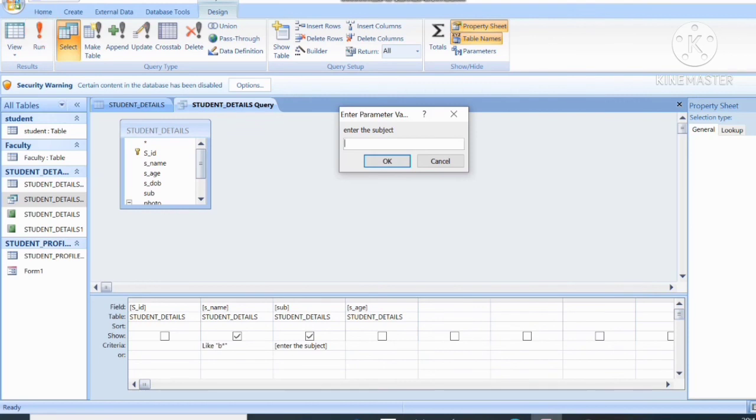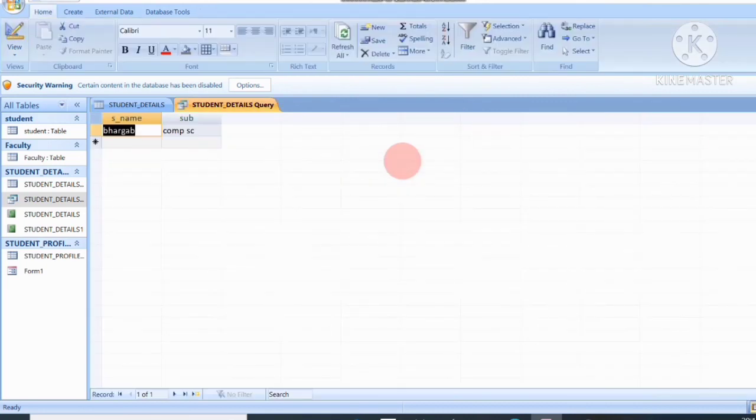I have to enter the subject name computer science. See here, it will show you the subject computer science and the name of the student who is starting from B only. There is only one student who is starting from B in the subject of computer science. So this way you can create a simple query for your table.